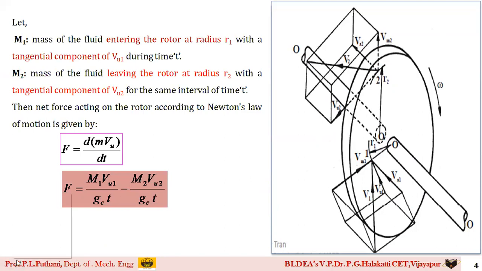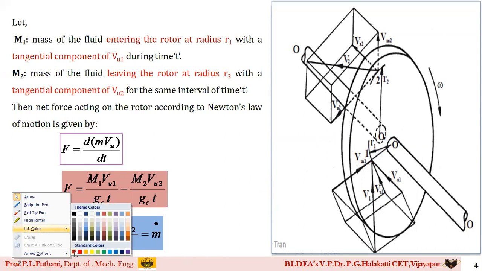Once we go for further things, we can write that, as I told, whatever mass is entering the system, the same mass is coming out, which means there is no mass accumulation. So I can term M1 by t or M2 by t, where M1 is equal to M2 is equal to M itself. With respect to time, we can write this as M dot.